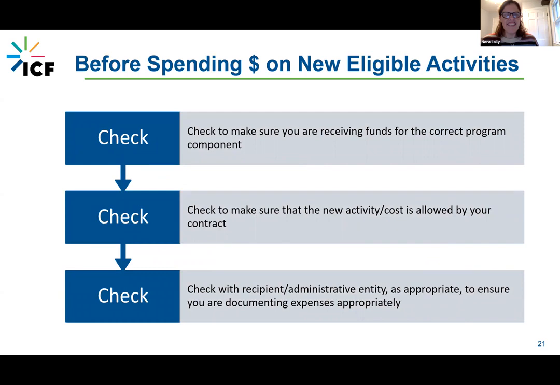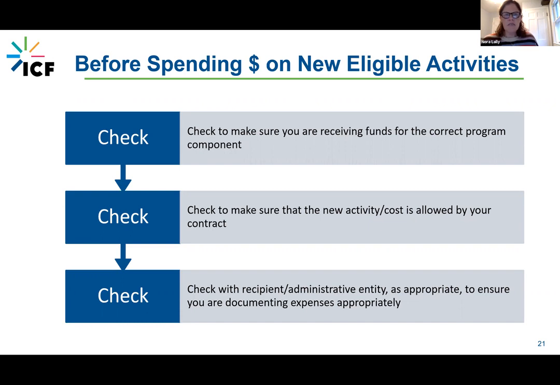But before jumping in and using those flexibilities, it's important to do the background work. Look at that chart that had the components to make sure that those are the funds you're receiving. Oh, hey, I remember that new cost now. Is that the kind of project that I'm funded for? Is that allowable to me because I am doing rapid rehousing? So, oh, okay, I can use those new costs that are allowable for rapid rehousing. So it's important to check for that.